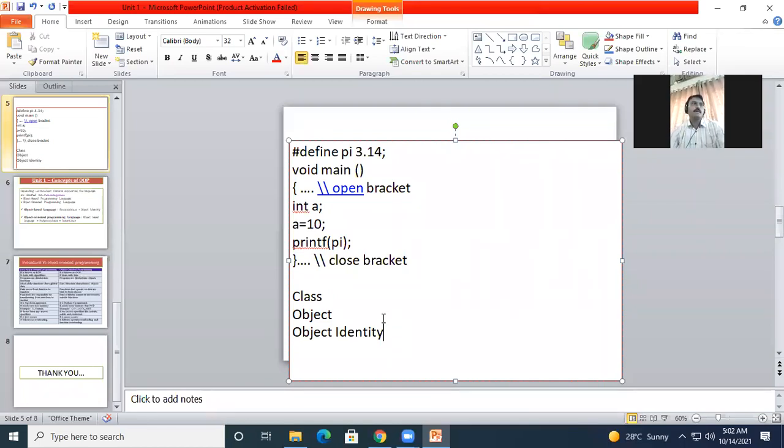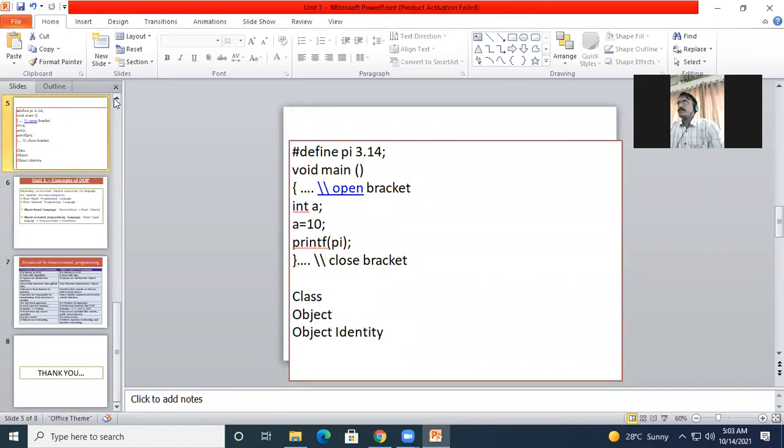So it gives the unique name to an object that enables one object to interact with the other objects. प्रत्येक ऑब्जेक्टला आपण वेगळे नाव देणार आहे, so that it will be differentiated from the other object. And that is what we call a object identity. It gives the unique name to the object. Okay.